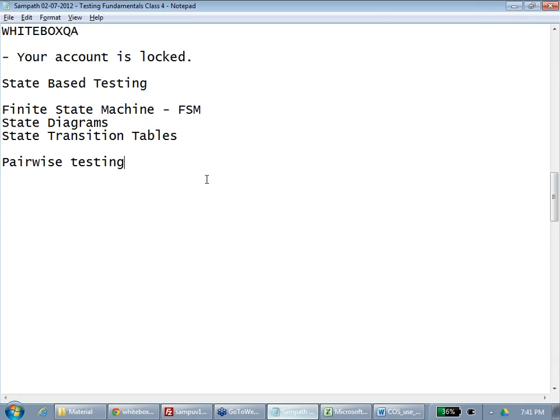Remember, whenever someone asks you to write test cases, what is the first test case? The valid test case. If everything is right, how is it working? If everything is right and it is still not working, what is the use of testing other test cases? I go into a lift on the ground floor and press second floor. If it is not going to the second floor, what is the point in testing? I come into the same lift and I don't press the button. What is the point of doing that? First of all, it is not doing what it is supposed to do. Agree? So first test the valid test case. Everything will start from there.